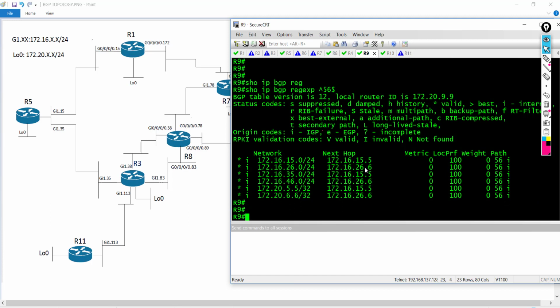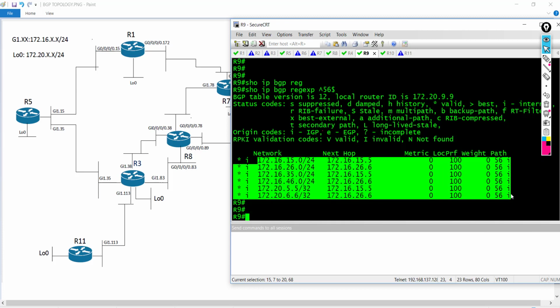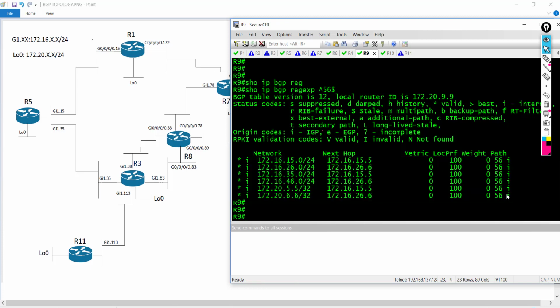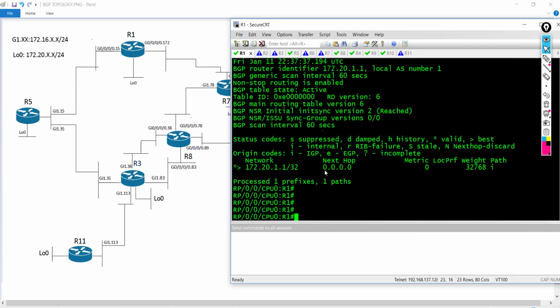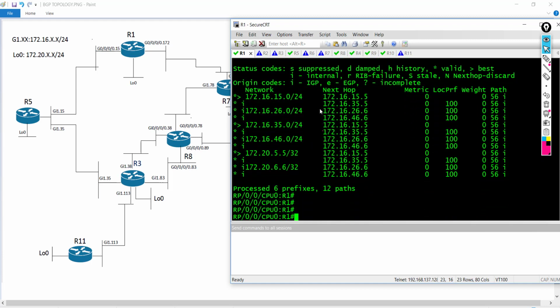Now, something you also notice is that these prefixes we are learning, we don't really have path diversity here, right? Because we are all learning them from the route reflector. But if you go to the route reflector, it's going to be different, because if I come to the route reflector and say show bgp ipv4 unicast regex, anything that we are currently learning from autonomous system 56, there's path diversity here, right? But the problem is,